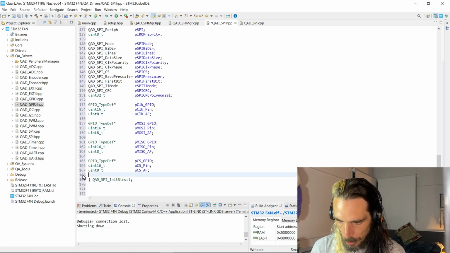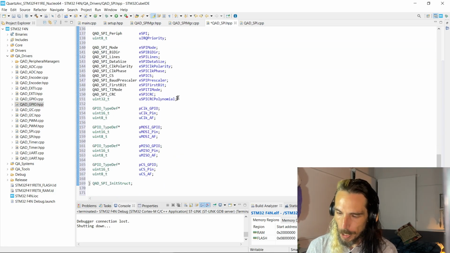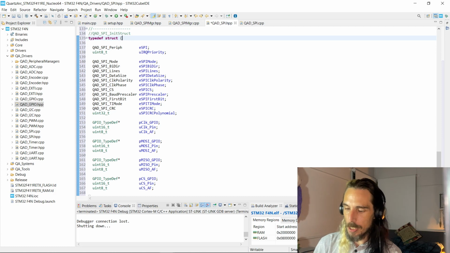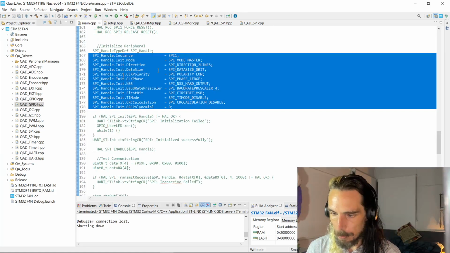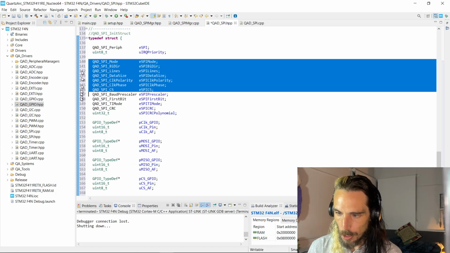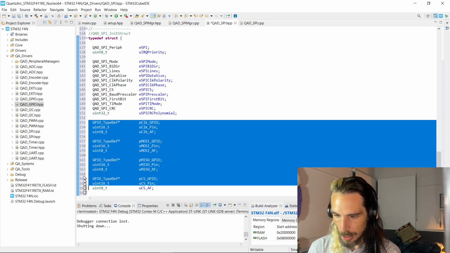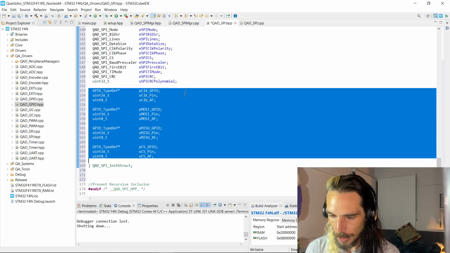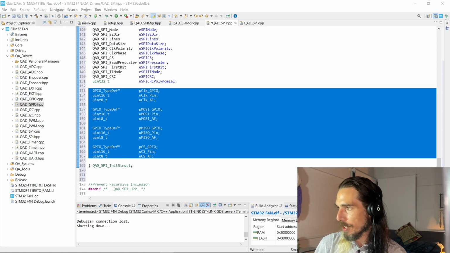So we've also got an initialization structure. This structure will get filled out with the required details for how we want the peripheral to be set up. So providing it similar sort of details to what we'd be providing the HAL here. We can see all of the details for how the peripheral is actually going to be set up, as well as details for the GPIOs and things like that. And then we've got the actual driver class itself,